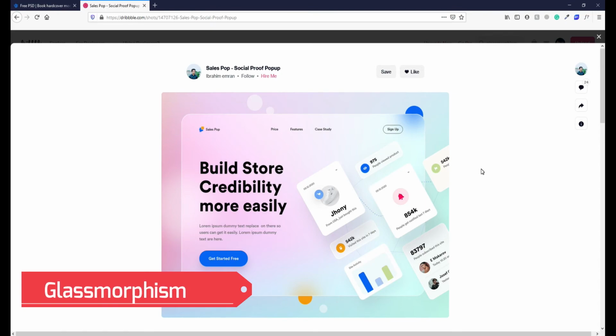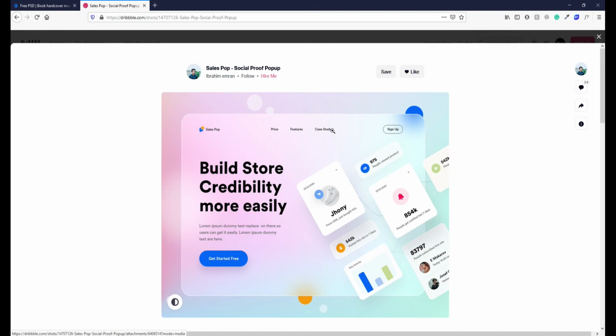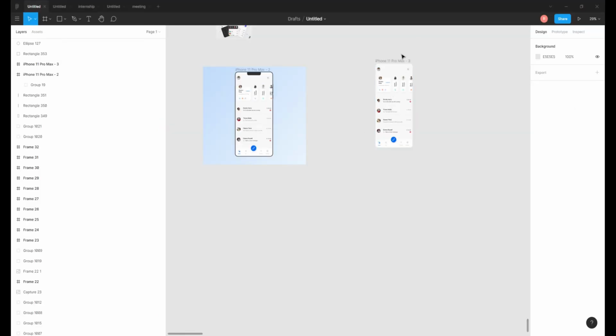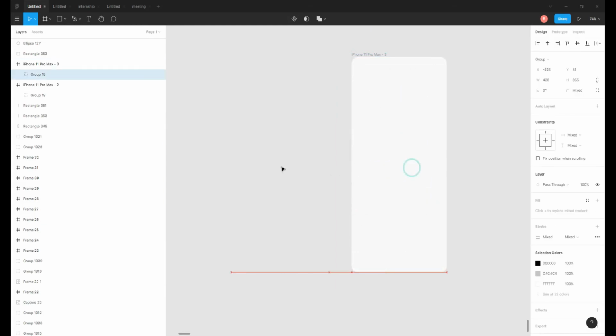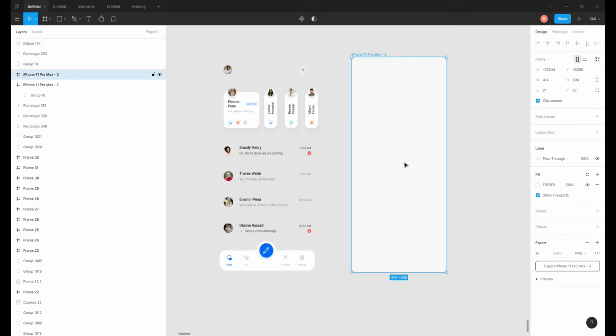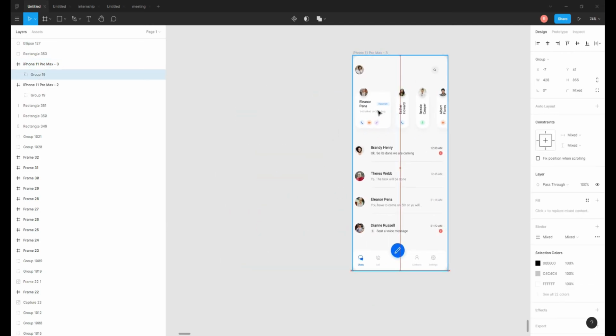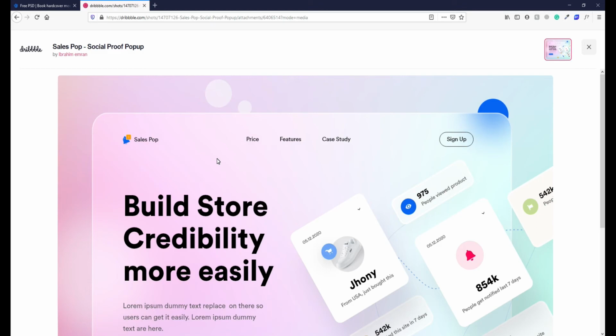Another cool way to present your UI design is that instead of making a solid device frame as we usually do, like I have this iPhone solid frame, we usually add this solid iPhone frame, and then we design components on this frame. So instead of making these types of solid frames, you can add glass frames in your UI design. It will look a bit unique and cool.